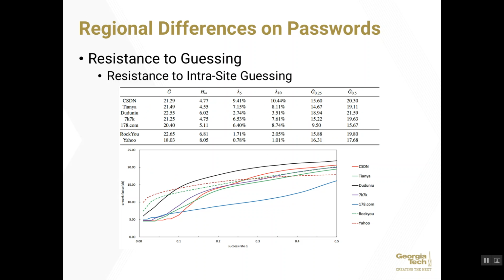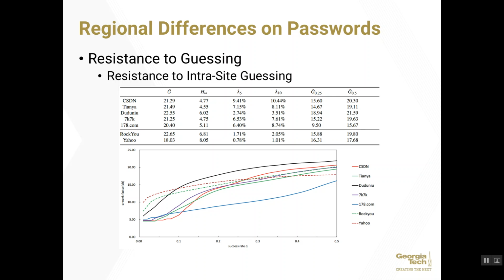This section assumes that the attacker knows the exact distribution of the target password set and calculates the password strength. This is called intra-set guessing. In the table, the beta success rates lambda 5 and lambda 10 of Roku and Yahoo are much lower than those of Chinese websites. This phenomenon shows that Chinese websites have a lot of repeated passwords,